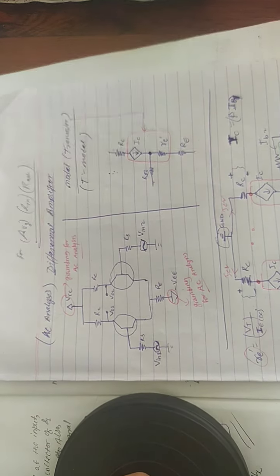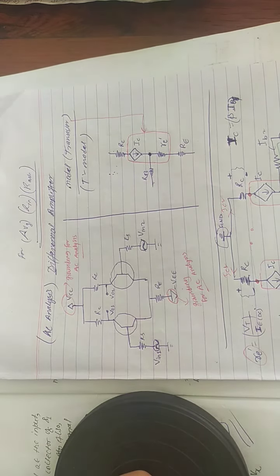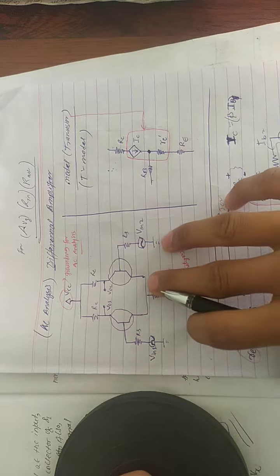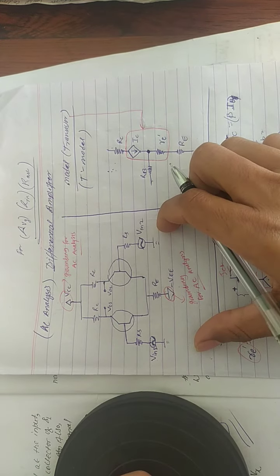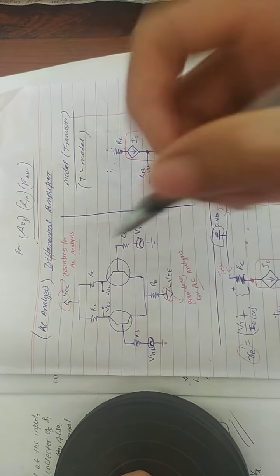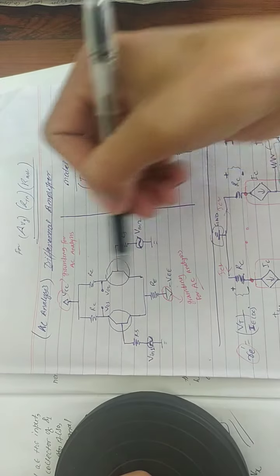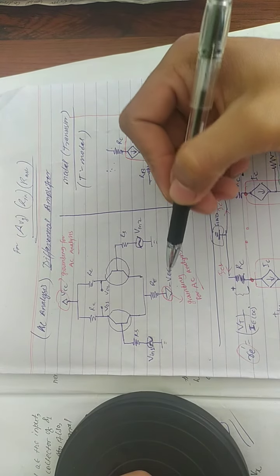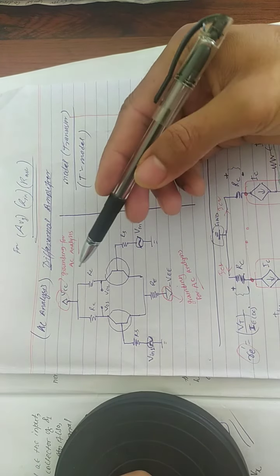So in this session we're talking about differential amplifier AC analysis. In the previous session we talked about the DC analysis. Here you can see a differential amplifier having two transistors and supplied VCC and minus VEE across the collector side